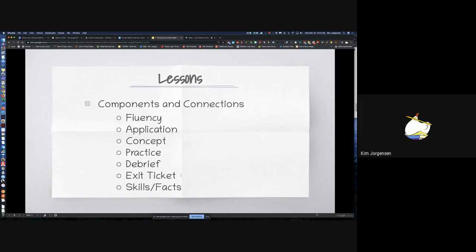I'm going to talk more about this at the end, but I just want you to know that contacting IT or contacting EdTech is not going to get you any answers. The support for that will all be at the end. So, meanwhile, back to, where was I? Concept. So practice, that's the problem sets. That's where they need to practice on their own.